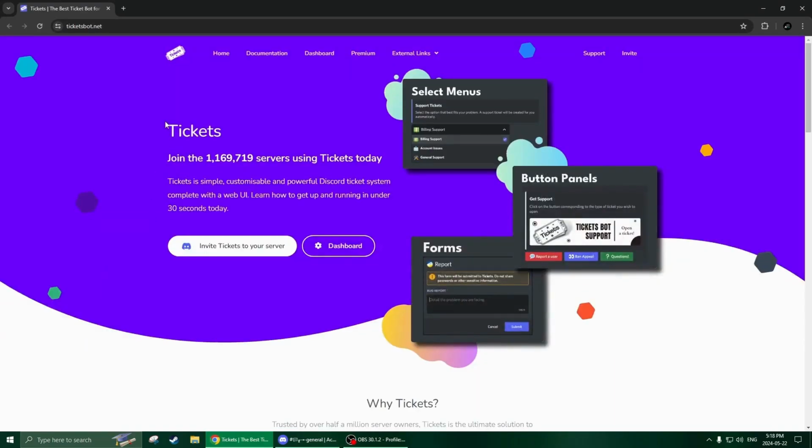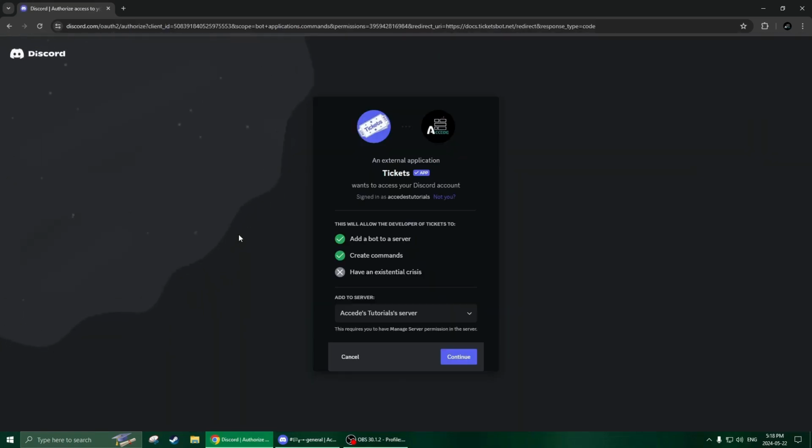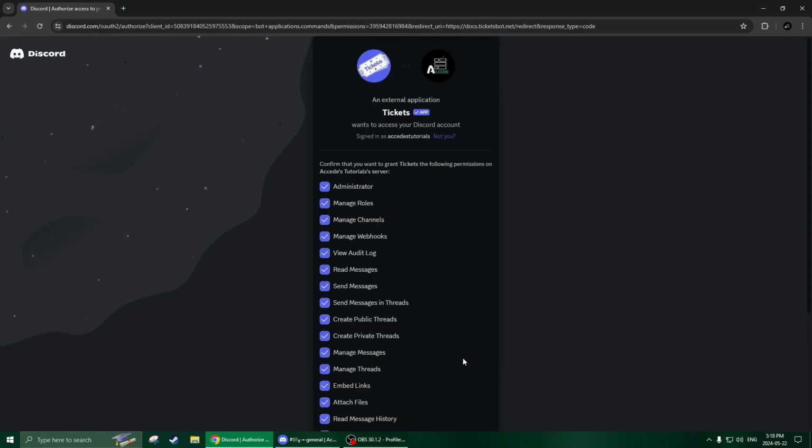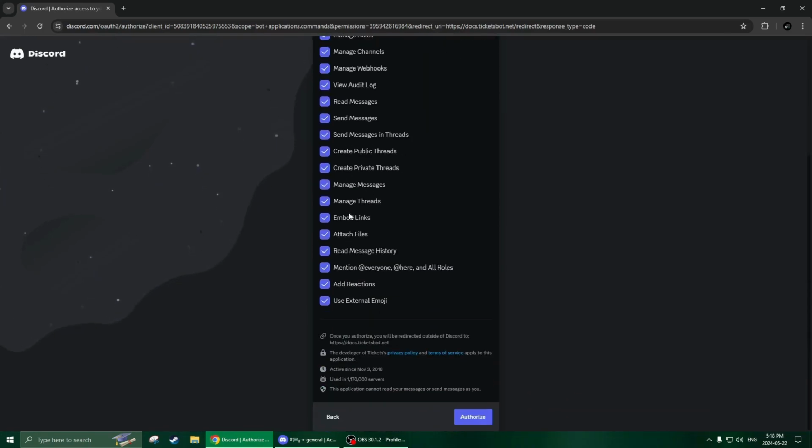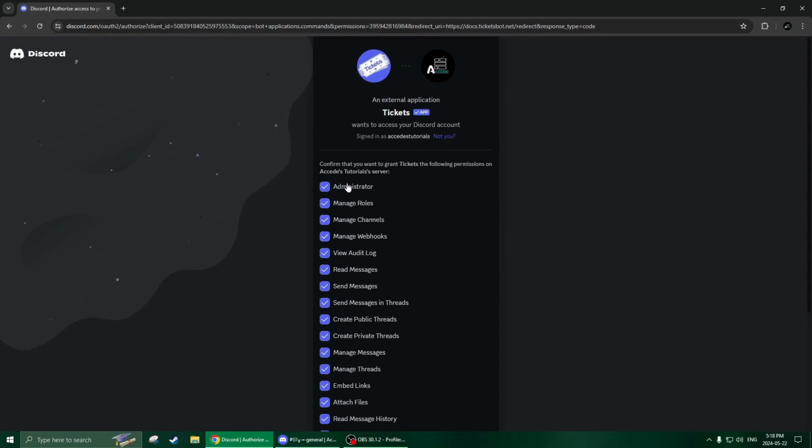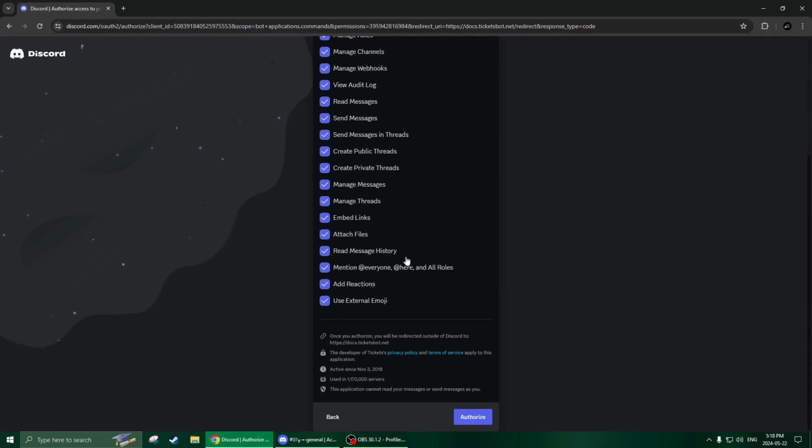And as you can see, this is the main page of the website, and of course, like always, there's a button to invite the bot to your server. In this case, it's in the middle of the screen, and you just click this button, invite tickets to your server. Then it'll open up the regular prompt here. Choose your server below. Has the same options, add a bot to the server and create commands, and then click continue. Next, of course, will be the permissions list. You can leave this as default, as it won't really matter, but if you do want to turn off administrator, you can as well. Then we just click authorize,